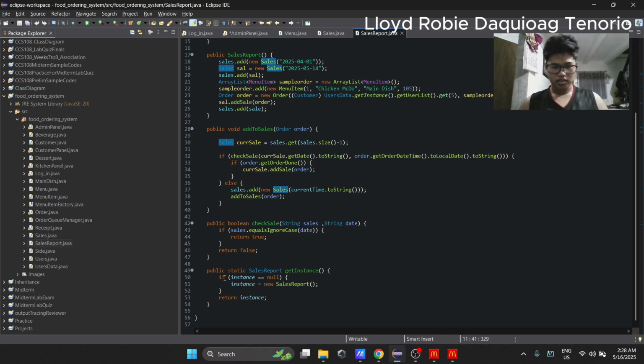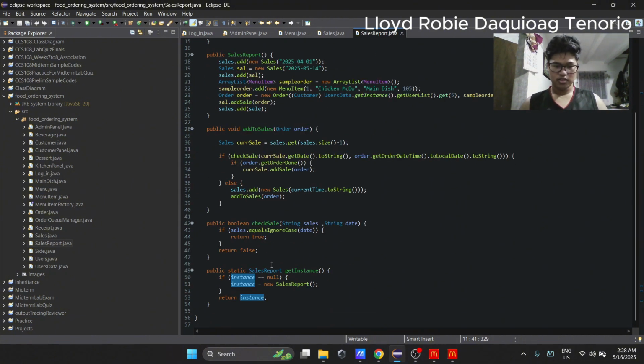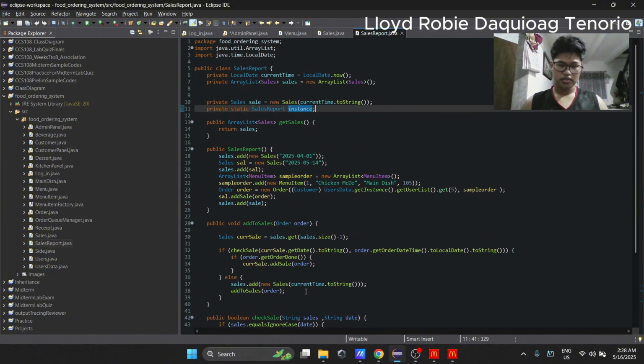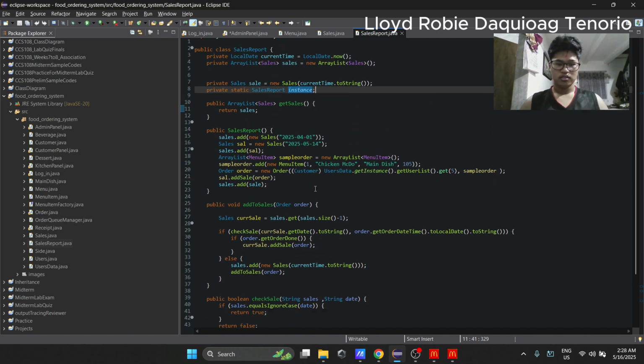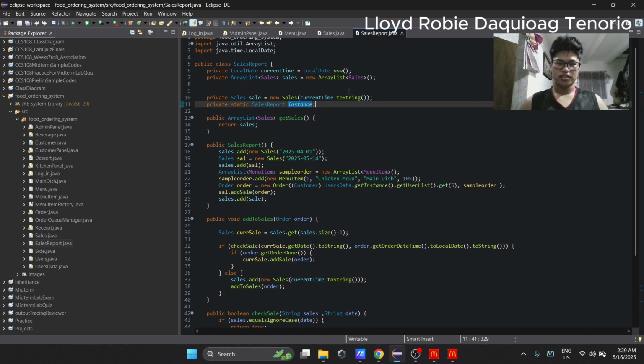Inside here, we will check if the instance is equal to null, then it will create a new SalesReport. Otherwise, it means this file has already run.